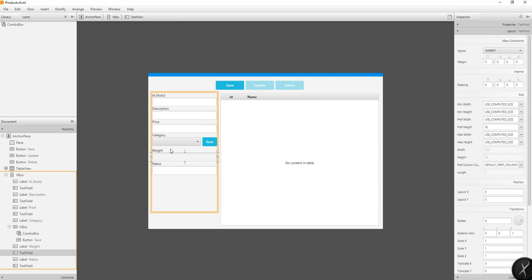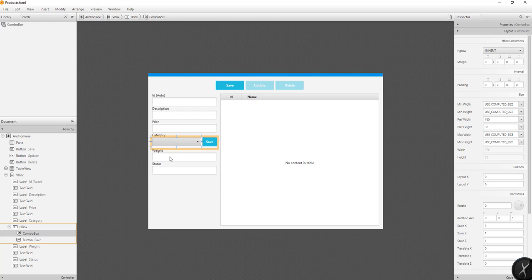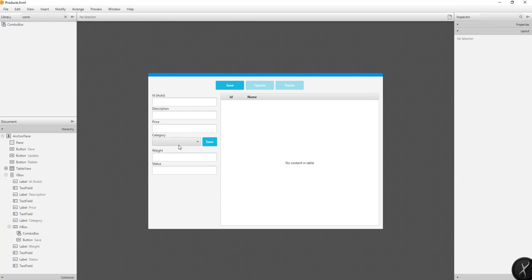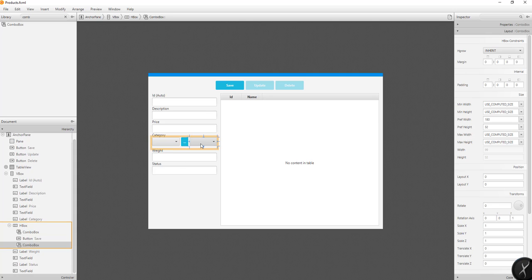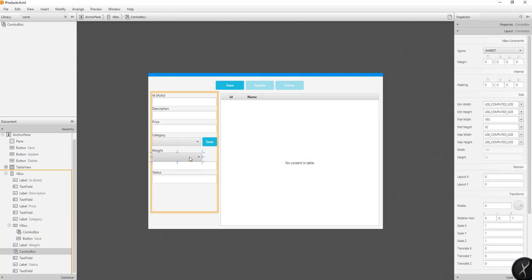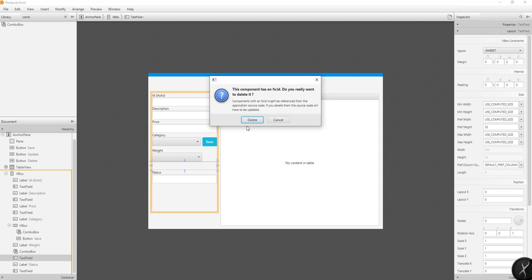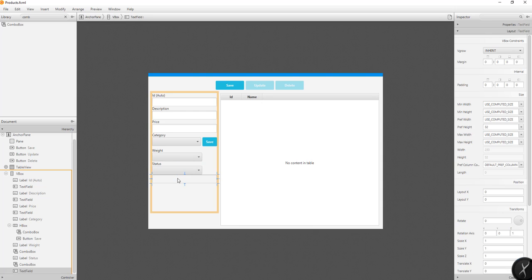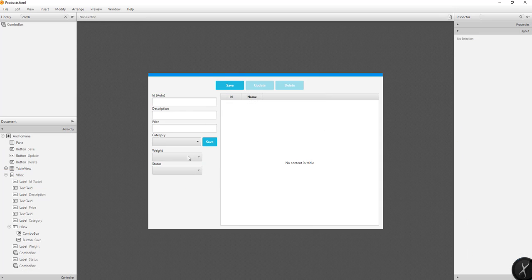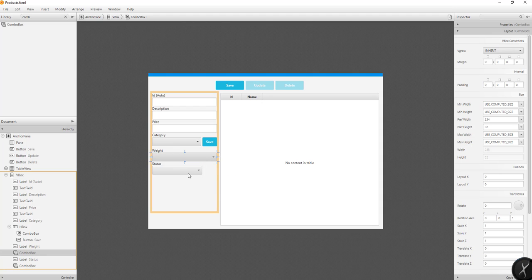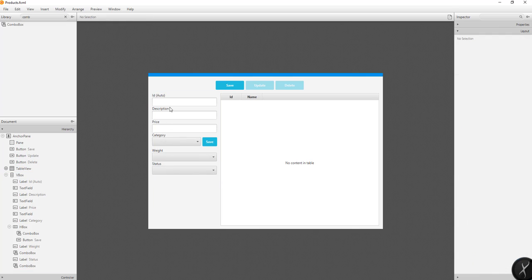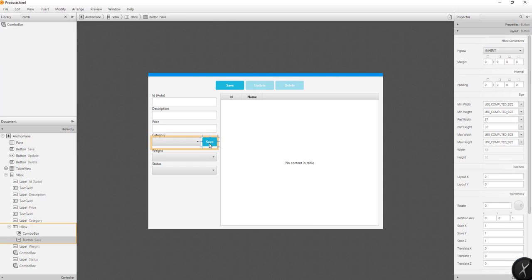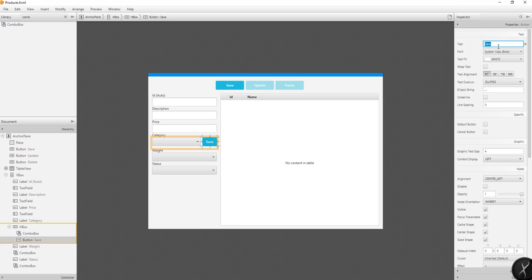So for the weight, we're gonna use the same combo box also, not the text box, and also one for the status if it is available or not. So the size will be through here. So weight, description, price, category, weight, status. So I think that will do for now, and this will be add,